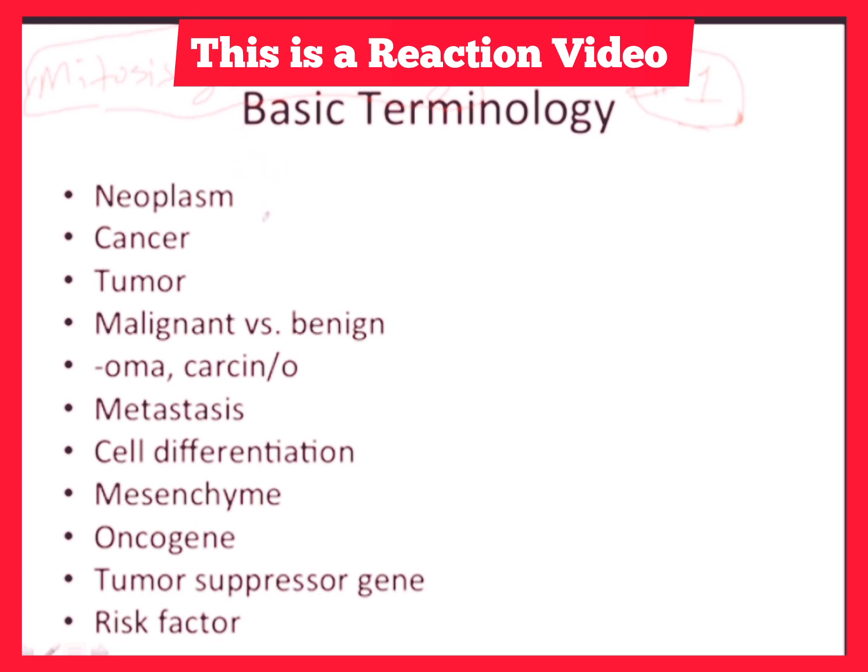All right, and basically the first thing you have to understand is this term neoplasm. All right, so basically when you're thinking of the term neoplasm, neo means new. All right, and when you think of plasm, think of tissue growth. When you see that term plasm, think tissue growth. So what we're literally saying here is a neoplasm is a new tissue growth. All right, and that is basically what a tumor is.